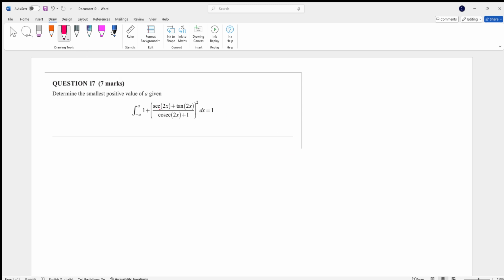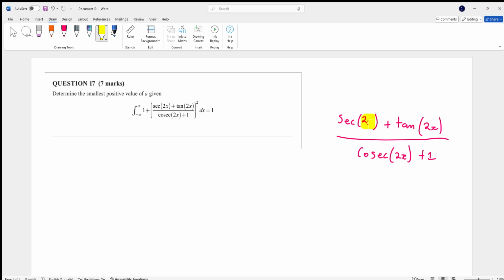What we want to do is look at what we've been given here, specifically the trig. We've been given a bunch of trig identities that aren't really common. You've been given tan, sec, and cosec. When I say common, I mean it's not like your typical sine, cos, etc. However, there's one characteristic here that I want you to notice when you're doing this question. Notice that all of these are exactly the same, which means if we can make them in terms of other things that are similar, we can start cancelling and